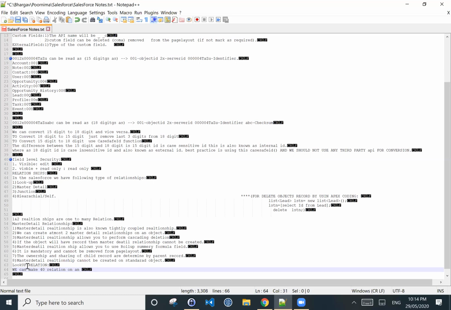But the catch is that if any object has two master relationships, then the count becomes 38.